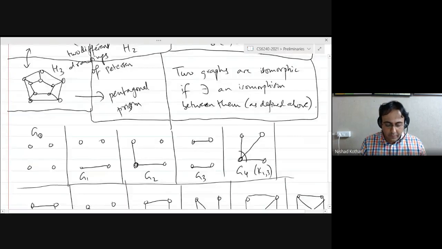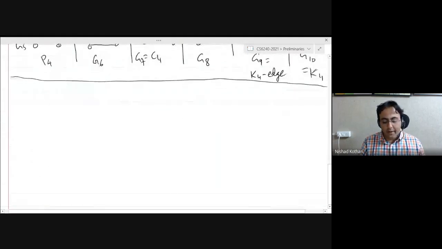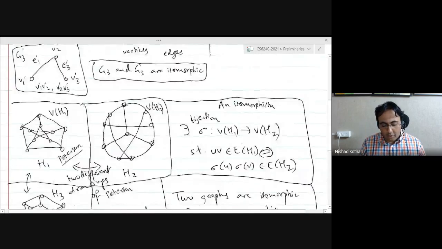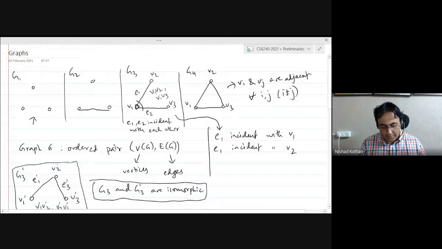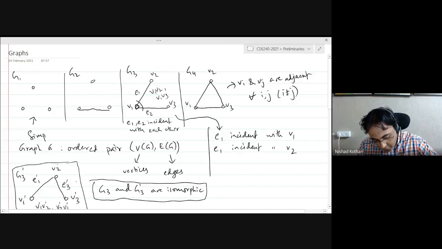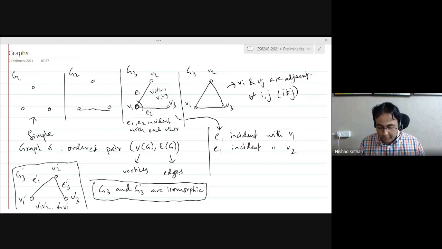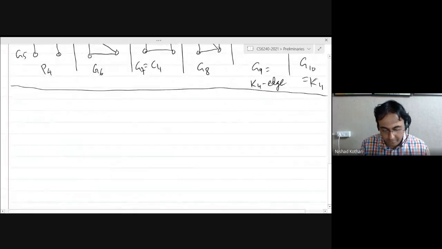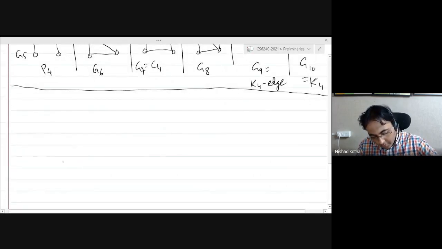Good. At this point, I want to define a graph more generally. So until now, what we have been talking about are simple graphs. Everything we have been discussing so far is actually called simple graphs. In general, in any graph theory text, you will see that they deal with more general graphs, and we may also in this course deal with more general graphs from time to time. So until now, everything was simple graphs.